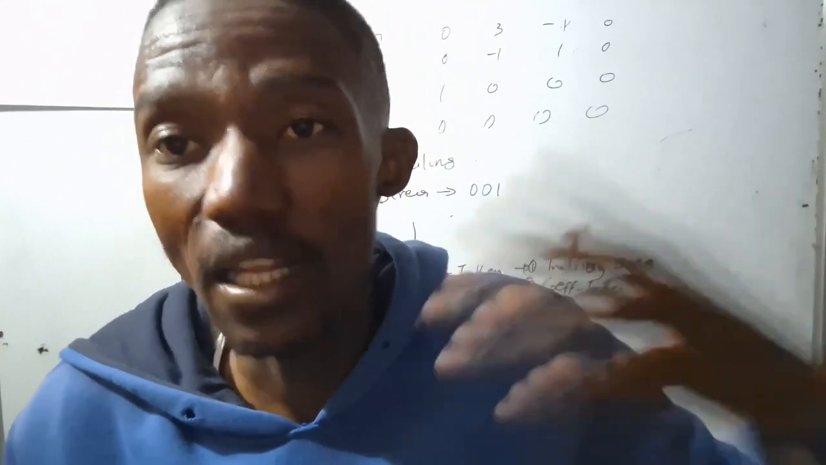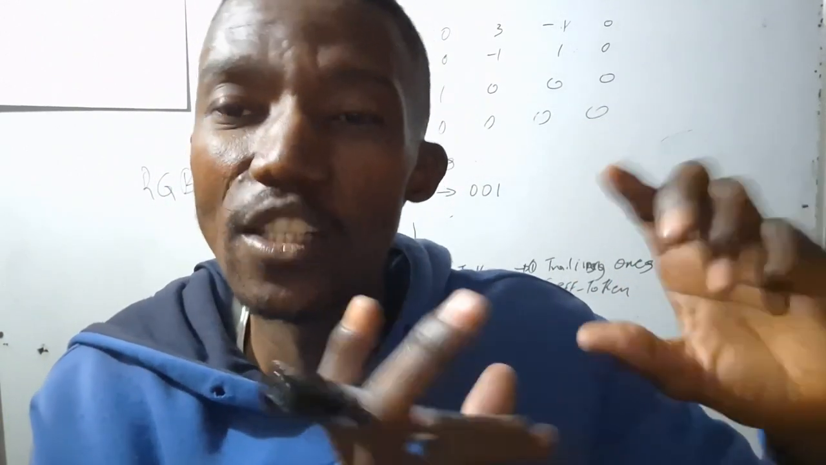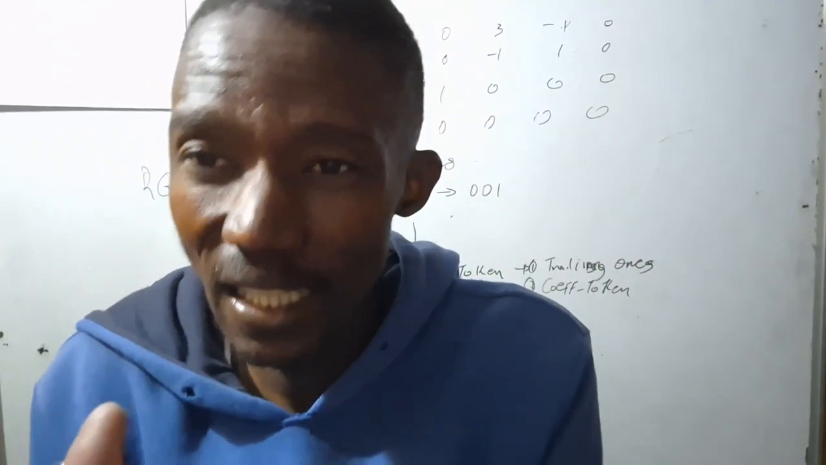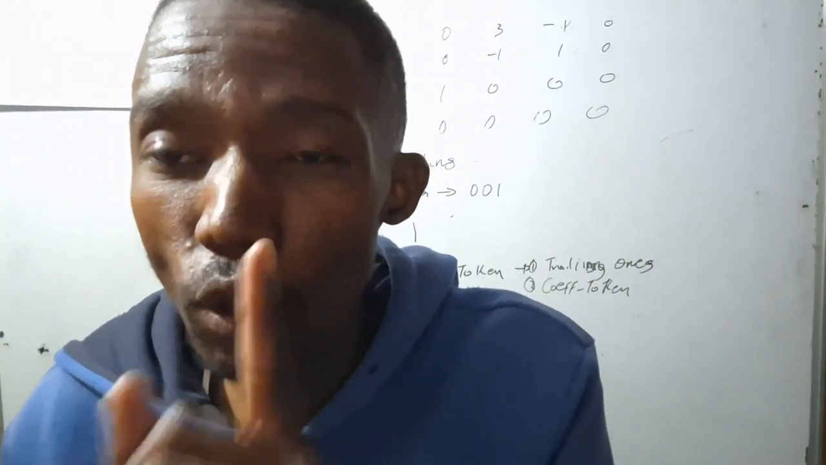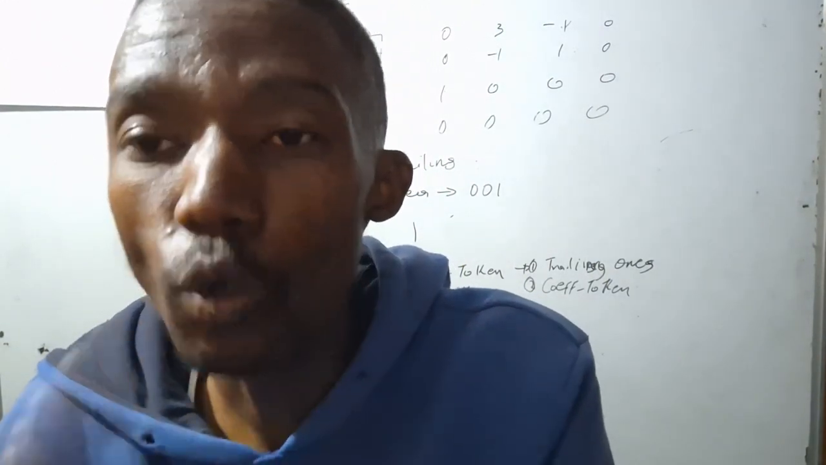Does that make sense? Levels are also non-zero coefficients, but they are those non-zero coefficients that have not been encoded as trailing ones. Trailing ones, what are those non-zero coefficients that can be encoded as trailing ones? Those